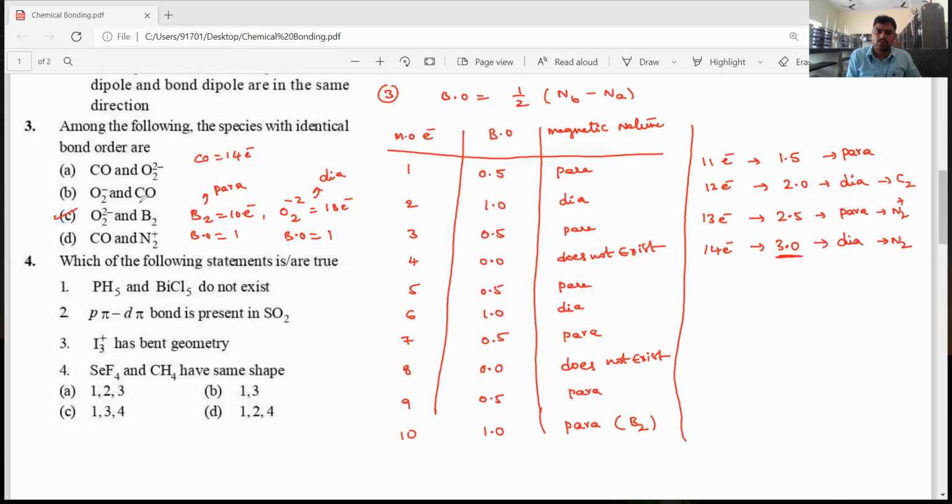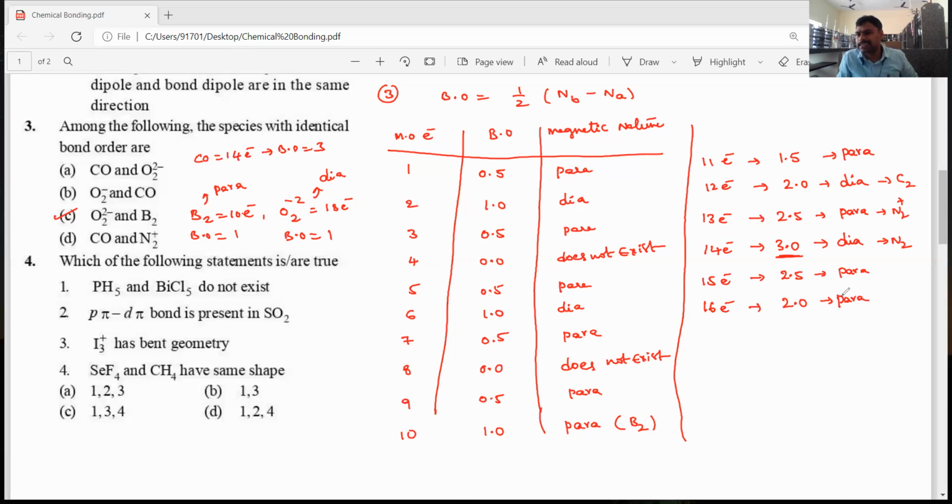that's why its bond order is equal to 3, and O2 2- has 18 electrons, so its bond order is equal to 1. Next, when 15 electrons are present, the 15th electron enters the anti-bonding molecular orbitals, that's why the bond order decreases to 2.5, and it is paramagnetic in nature. And 16 electrons, like O2, the bond order is 2 and paramagnetic